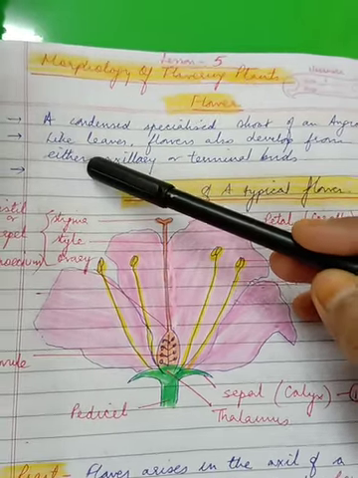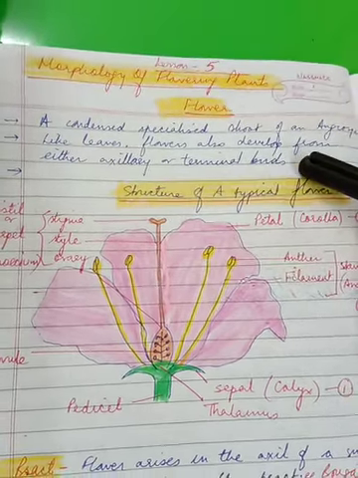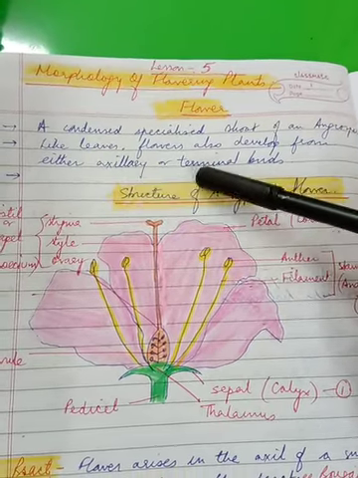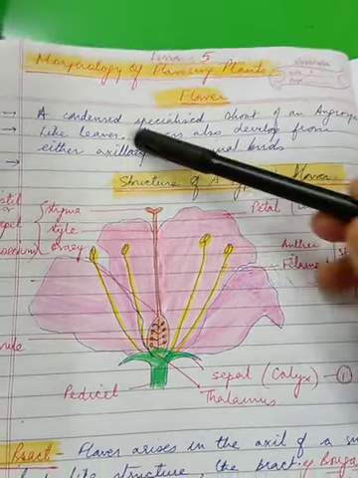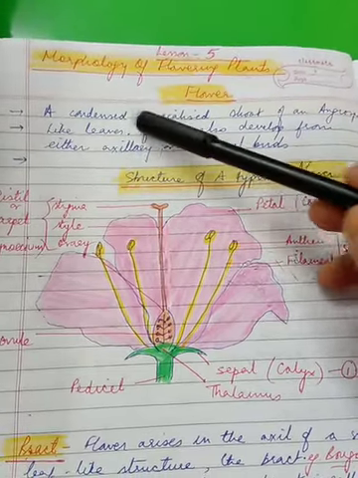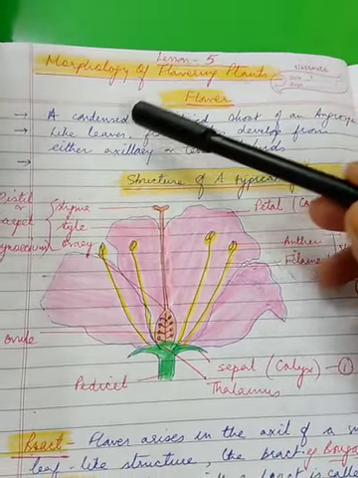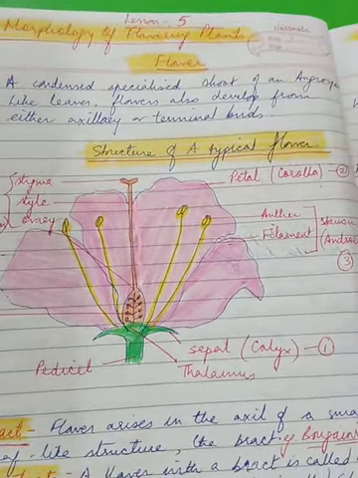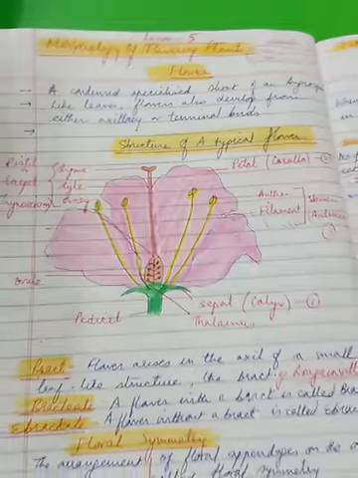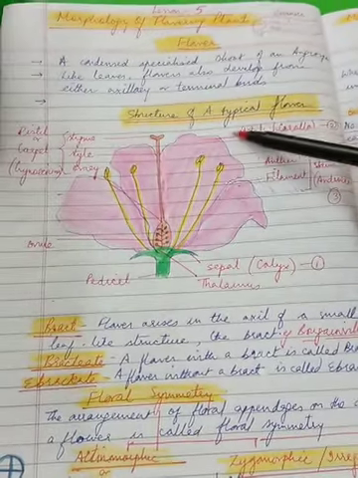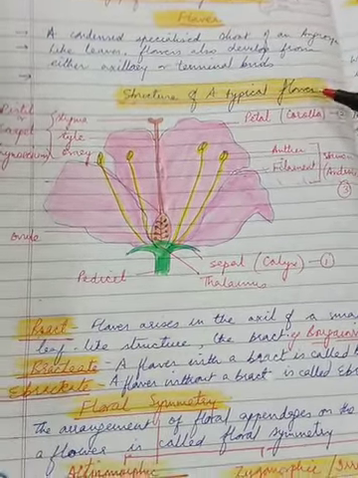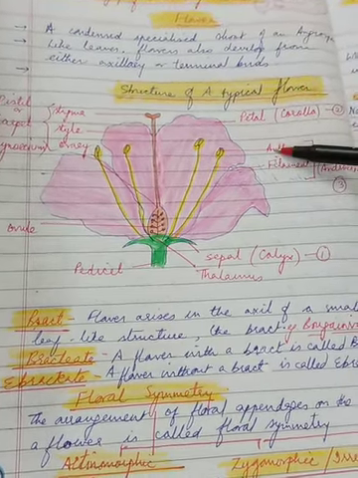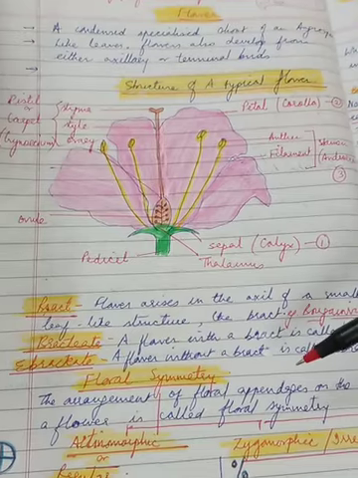Now, just like the leaves, flowers also develop either by axillary or by terminal buds. Axillary bud is the one that is found in the axil of the stem and the leaf, right? And terminal bud, that means at the tip of the branches. Now let us start with the structure of a typical flower, and the base of this topic you have done in class 9th. So the beginning of this will be like a revision to you.